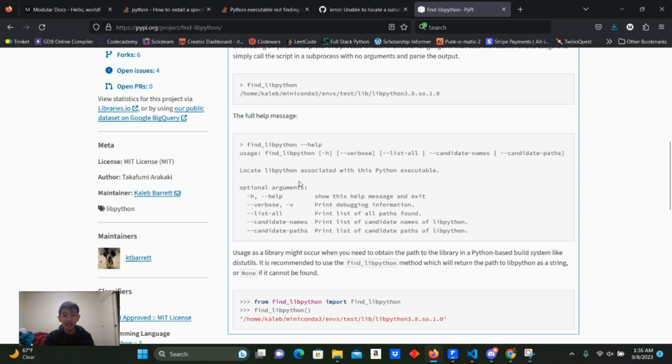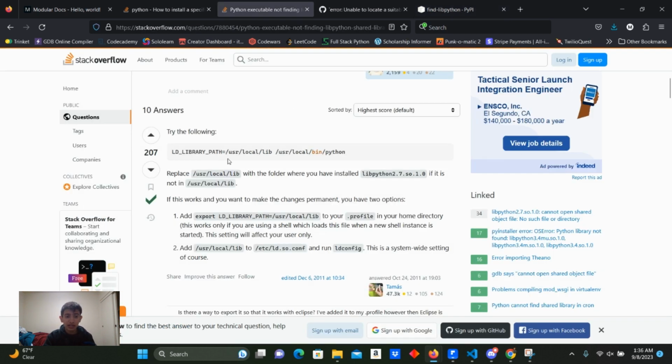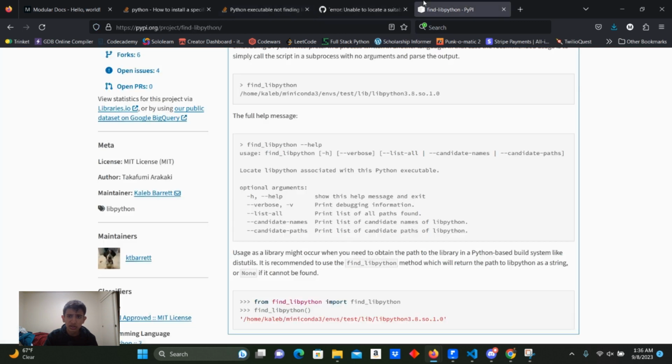So you could also get the exact directory like this. You get that directory, use that for this first one, and then the second one, whatever folder you have installed. So the first one should be this. I don't know if you're supposed to have this last part in there. It might be without this last part. I think it just ends at the